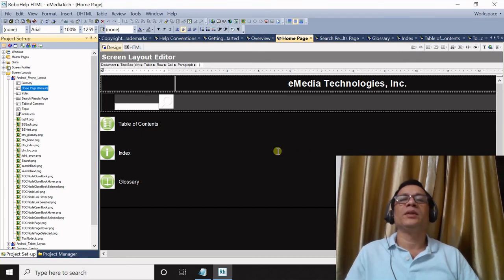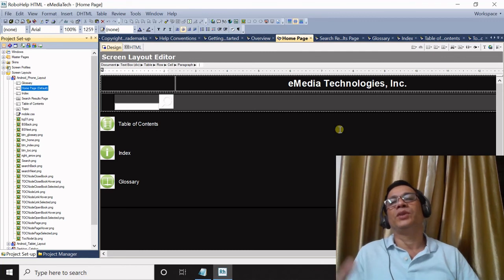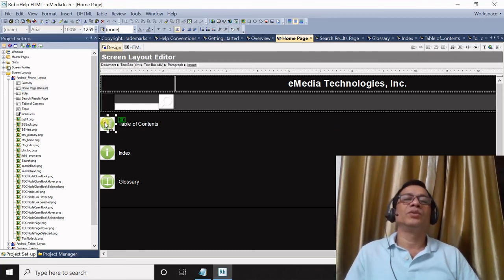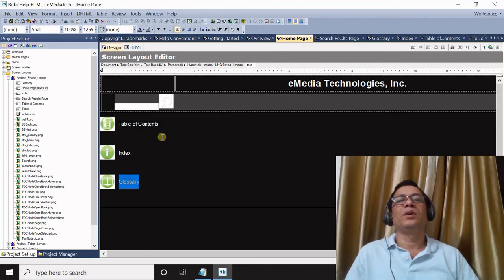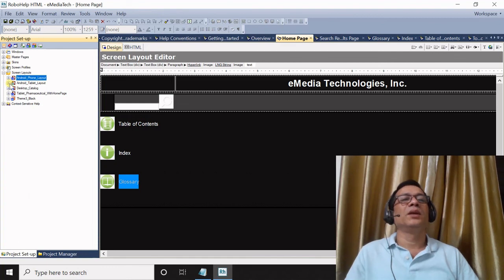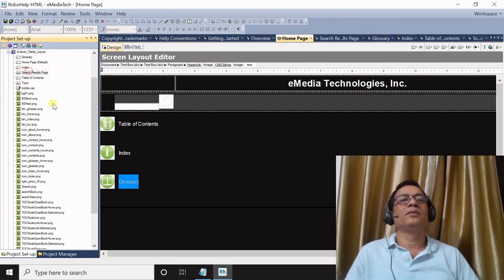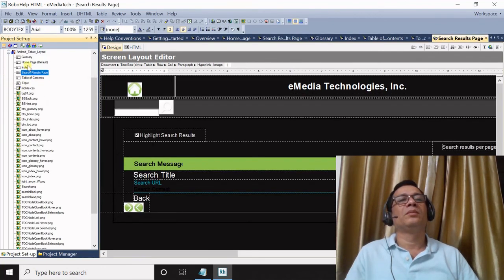You can change all these things, like the background color is black, so you can change it to any other color. Likewise you can change images, then the color of this font, and this font. Font design as well. Similarly, you can design the same elements here under tablet.